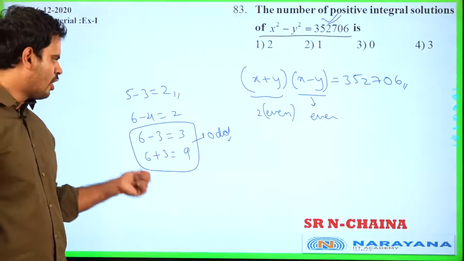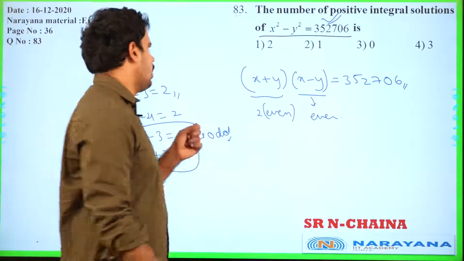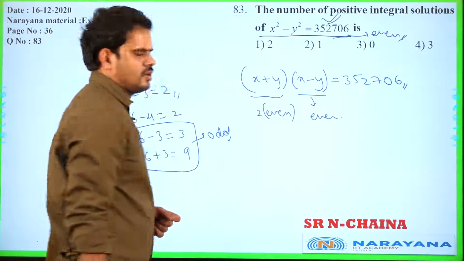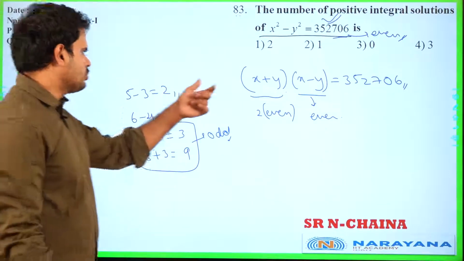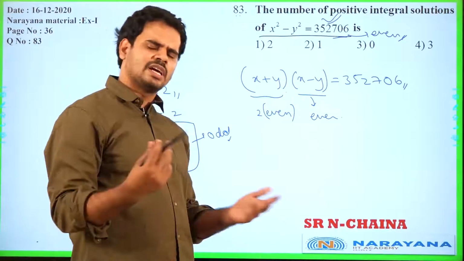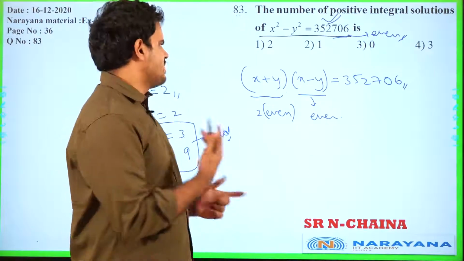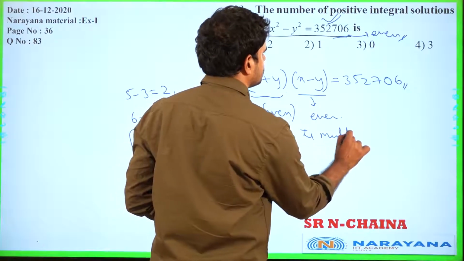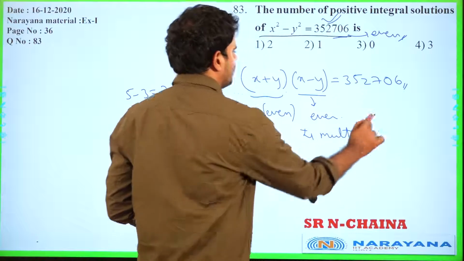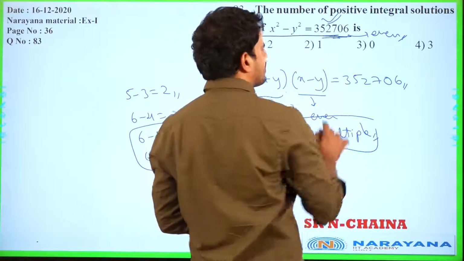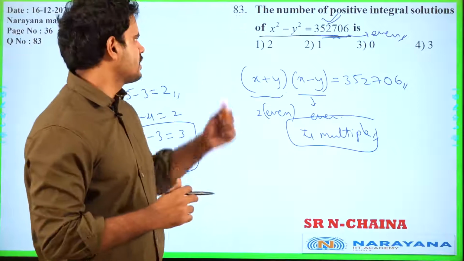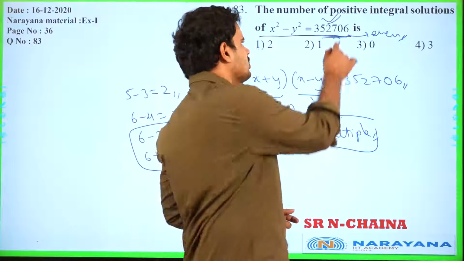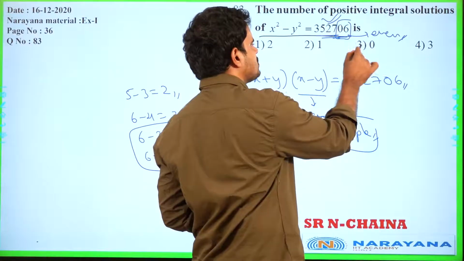So when I take an even and odd combination, people, it is odd. But here we got an even case. So it has to be compulsorily either both even or both odd, people. If it is both even or both odd, it has to be a multiple of 4. So let us see our answer, 352706, whether it is a multiple of 4 or not. What is the divisibility rule of 4? The last 2 digits should be divisible by 4. If you look at 0 comma 6, it's not divisible by 4. So the number of solutions is 0.